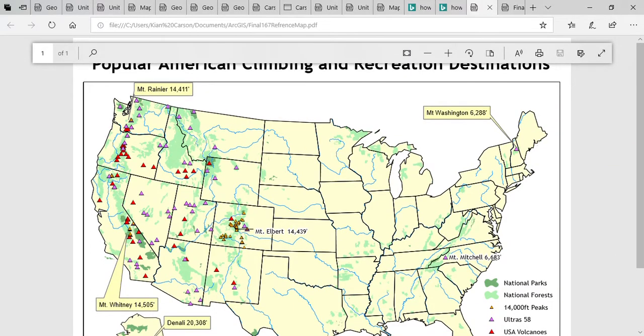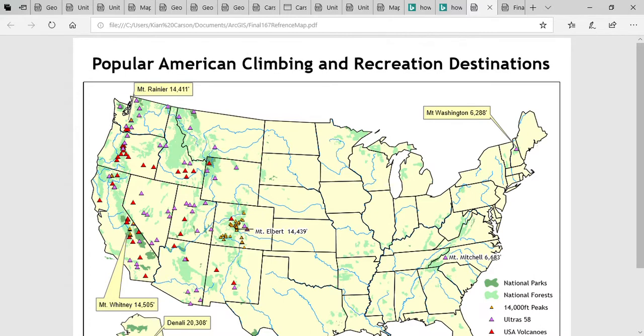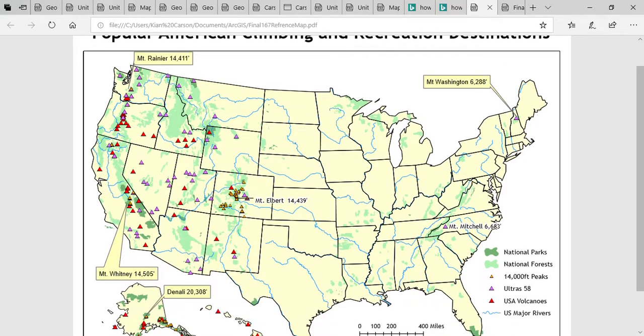This is my final project for Geography 167, and I created a reference map of the United States showing many popular recreation destinations. These include national parks and national forests, shown in dark green and light green respectively, the major rivers of the United States, as well as my personal favorite and what I want to focus on today,